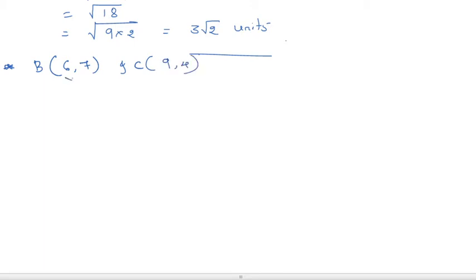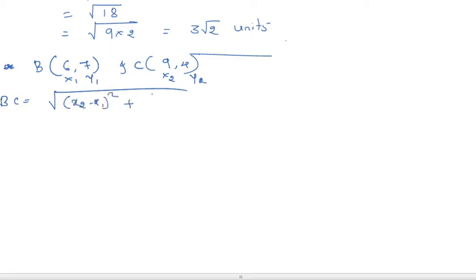So, it is x1, y1, x2, y2. So, the distance BC is equal to square root of, write the formula, (x2 minus x1) whole square